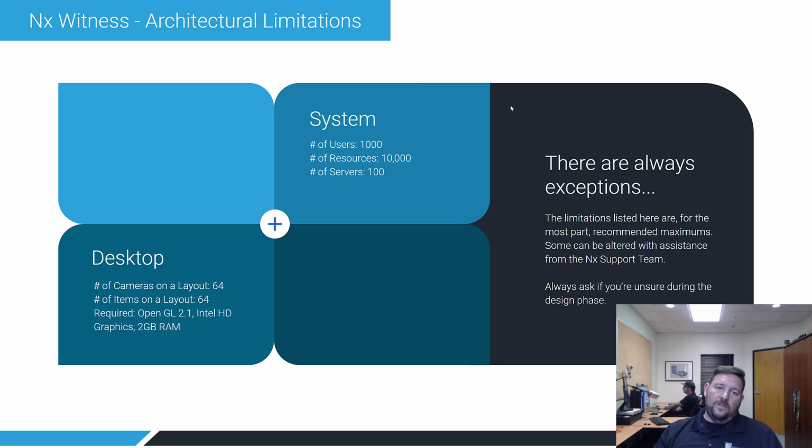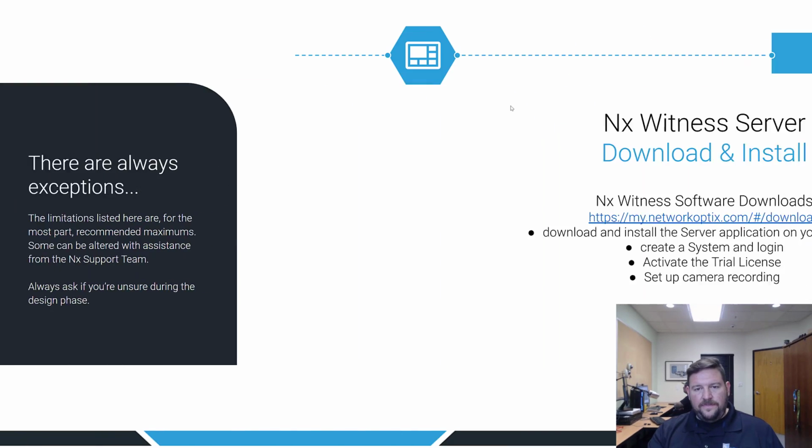So just to review, architectural limitations again, because we're still in the design part. System has 1,000 resources, 1,000 users, 10,000 resources, or 100 server. For desktop, your maximum number of cameras on a layout are 64, same as items on layout, and you're required to have OpenGL 2.1 Intel HD graphics, and we recommend 2 gigabits of RAM as a minimum. So,